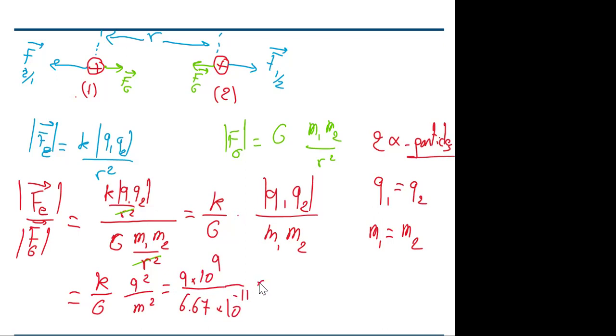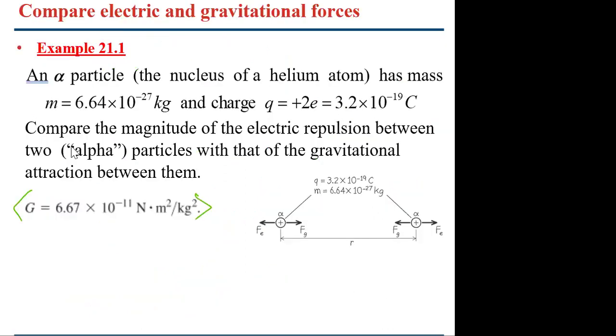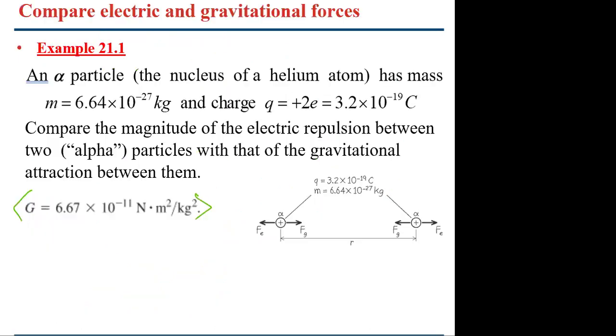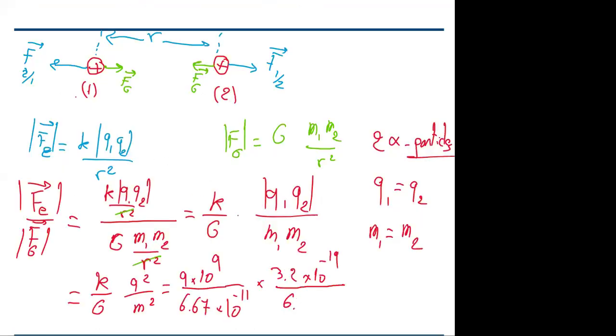This is multiplied by 3.2, the charge of the alpha particle in the question, 3.2 times 10 power negative 19, divided by the mass of the alpha particle, 6.64 times 10 power negative 27. So our result will be,